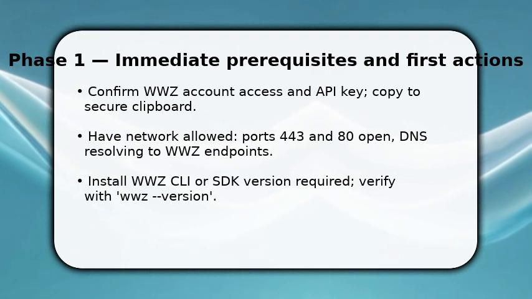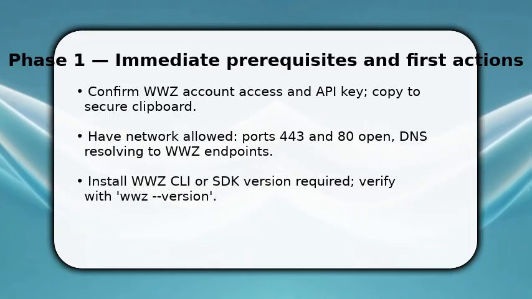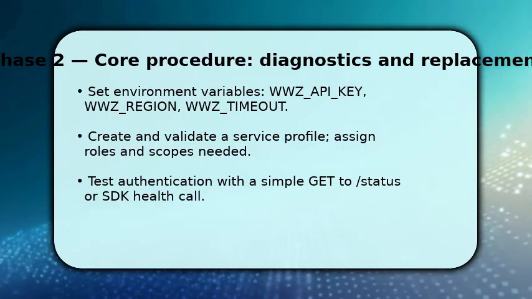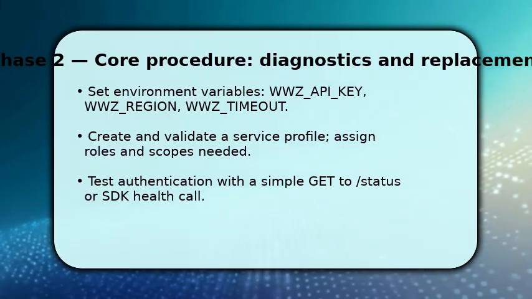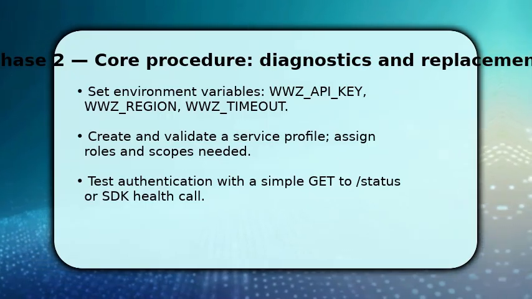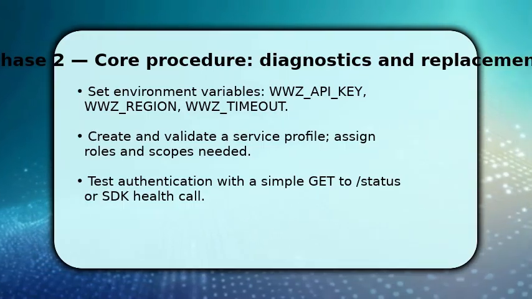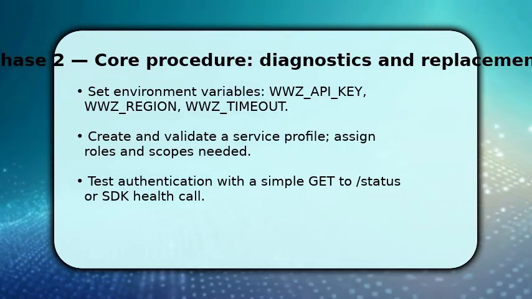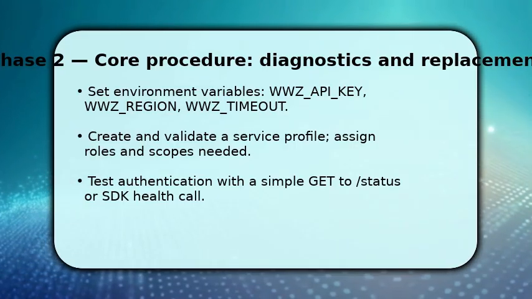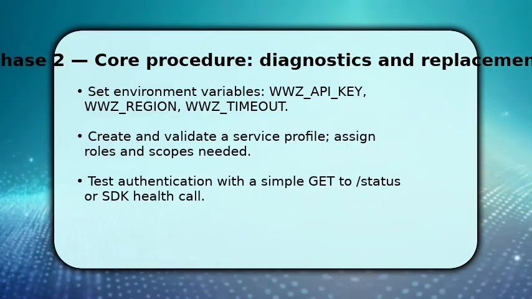Now you configure and verify authentication so services can talk. Export WWZ API key, WWZ region, and any timeout settings in your environment. Make sure secrets are not logged. Create a service profile in the WWZ console, assign the minimal roles and scopes required, and then bind that profile to your application identity. After binding, call the health endpoint or run the SDK's status check. Once you see a success response, proceed to map endpoints and enable any optional features, because that confirms your identity